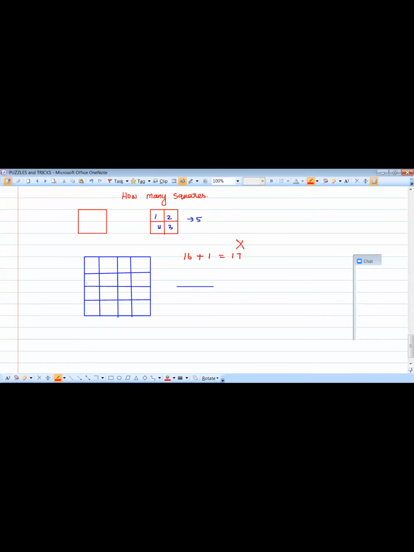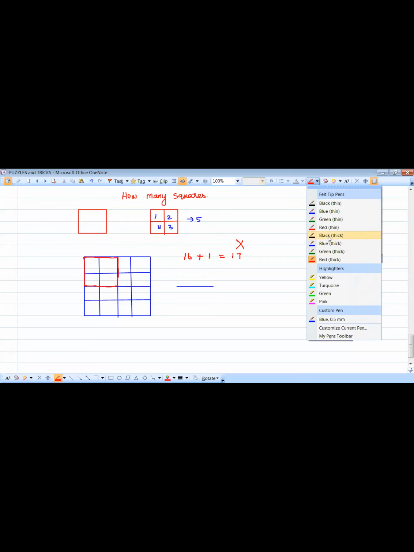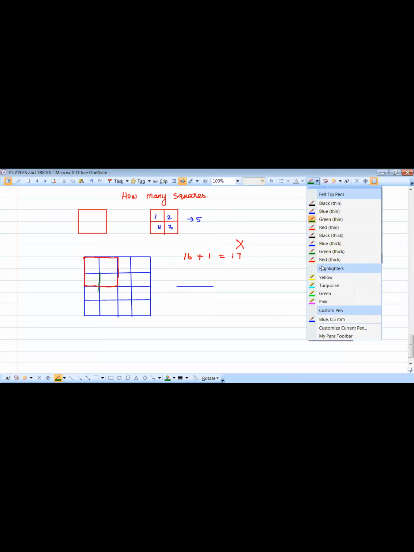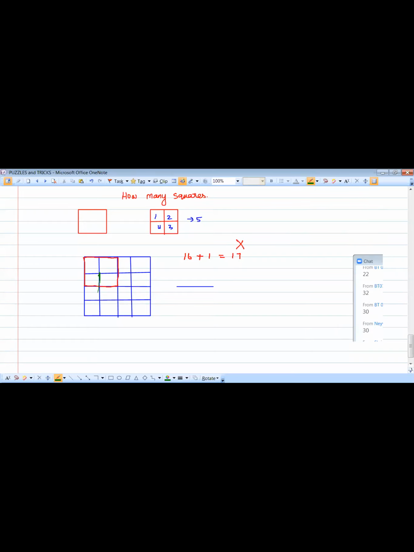See here, after that, this alone is a separate square. Again, we can find a lot of squares in it. Again, this alone is a separate square. See here. This alone is a separate square. So a lot of squares will come. How can we find out in a very, very simple way? So here, let me discuss with this question.